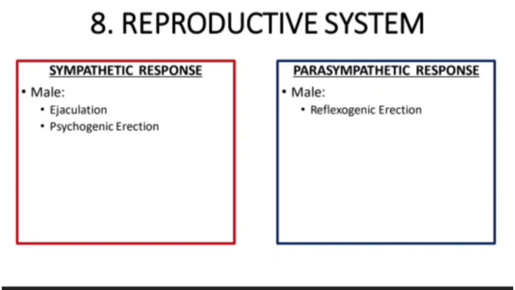But what about their fertility? So usually, a male patient who has had an SCI, regardless of which level, even if hindi siya ka-ejaculate or ka-perform erection, they can still have children because the sperm count and the quality of the sperm will not be affected. So they can still do IVF or other procedures like that to help with their fertility issues. So one way to remember this is that the word sympathetic begins with an S, so that stands for shoot, which is ejaculation. And your parasympathetic starts with P, so that is point, and that stands for erection, specifically reflexogenic type of erection, where direct stimulus is needed to the glans penis.